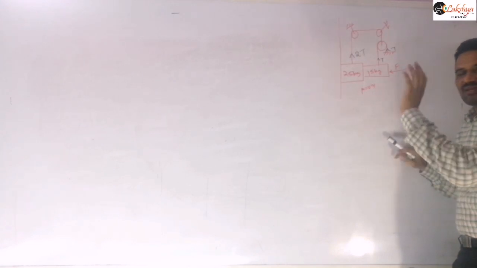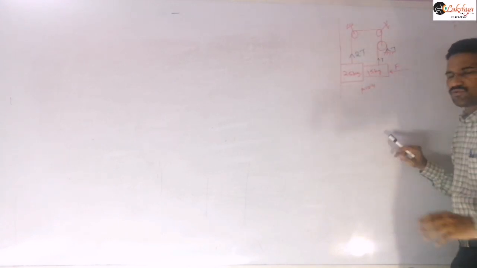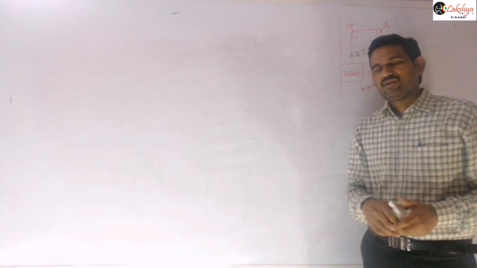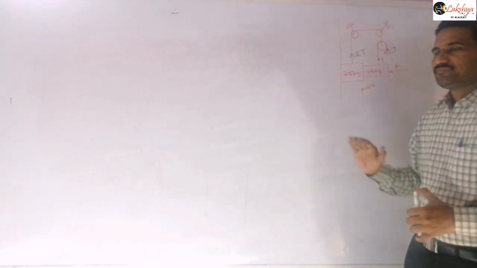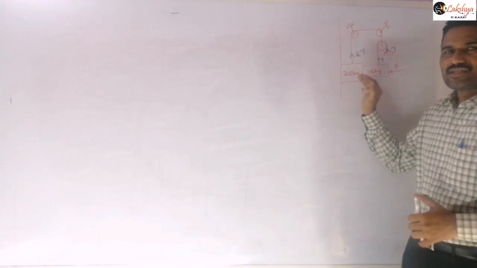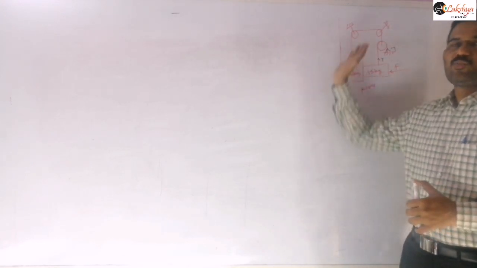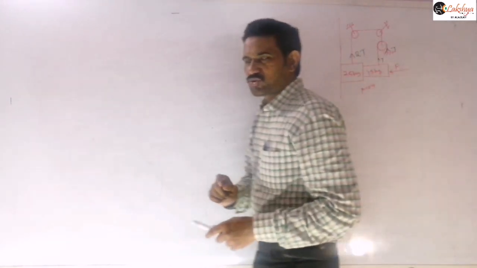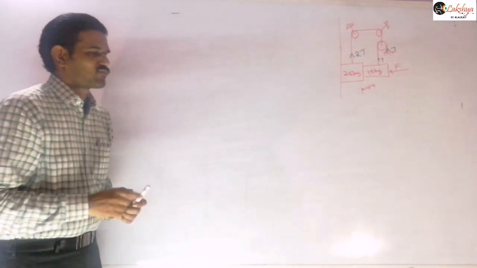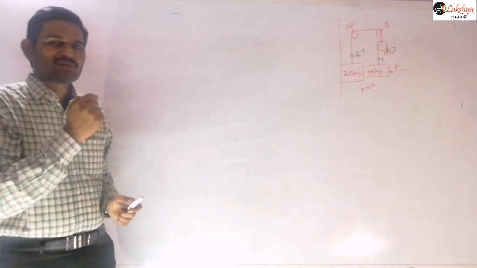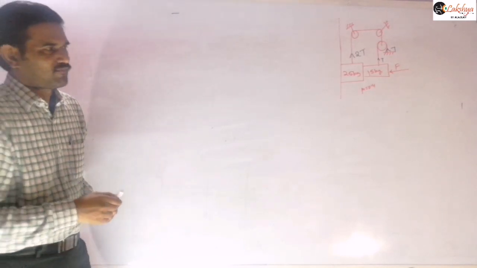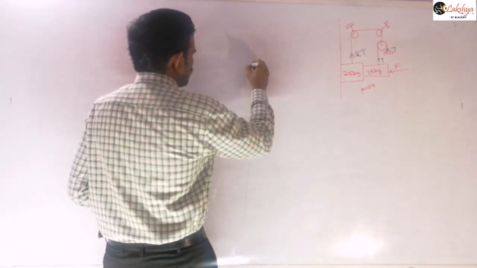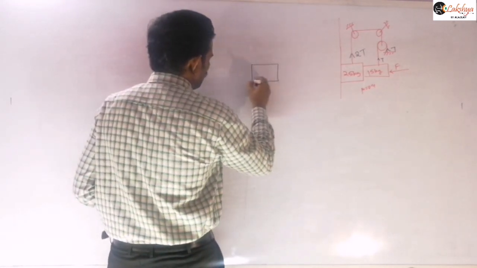Once the 25 kg starts accelerating, finally the 15 kg also should accelerate, because they are connected by these movable pulleys. So simply, this 25 kg has more tendency to move in the upward direction when compared to the 15 kg. You should observe that: the 25 kg has more tendency to move upward, and the 15 kg has a tendency to move downward. Now let us take the free body diagrams of those blocks.